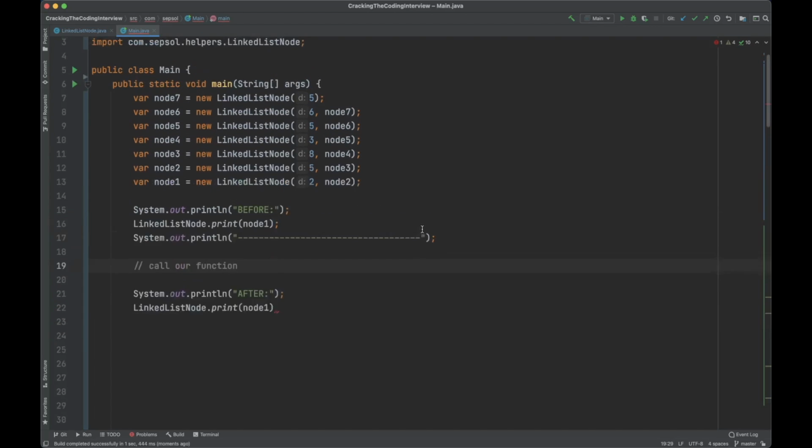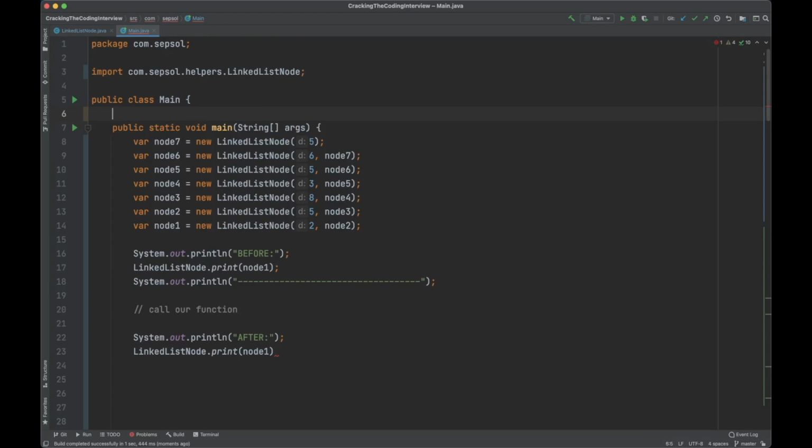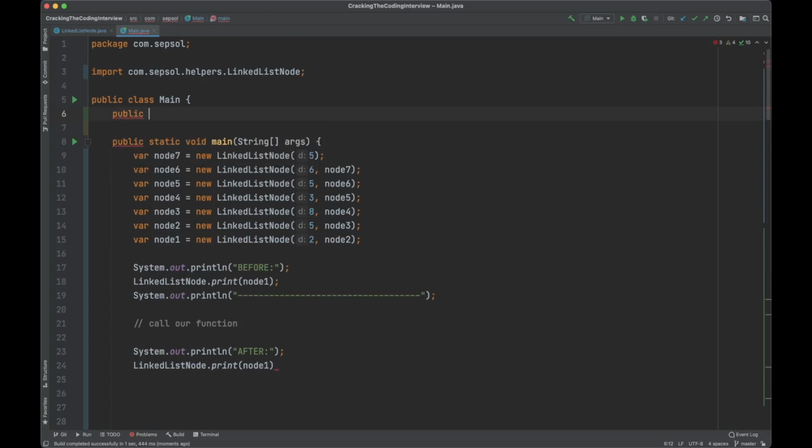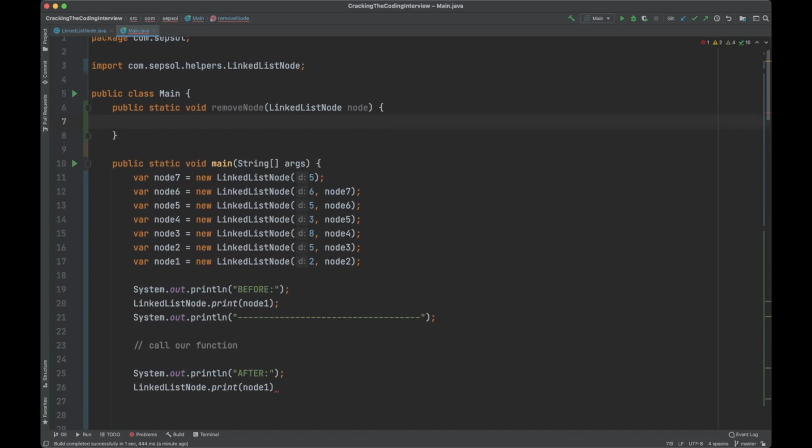Now let's define our function before main in our class. So I'm going to say it's a public function and it's static and it returns nothing, and I'm just going to call it remove node, and the data that we're expecting to get passed in is of type linked list node, and I'm going to call it, how about just node. And then inside the body of this function,